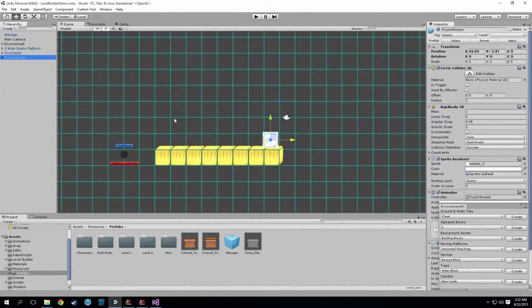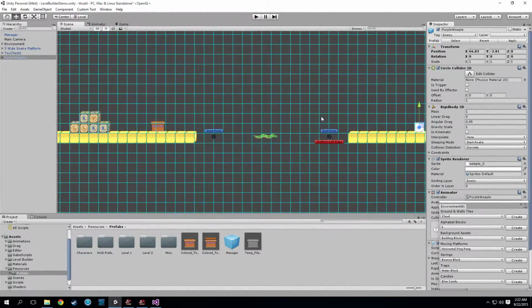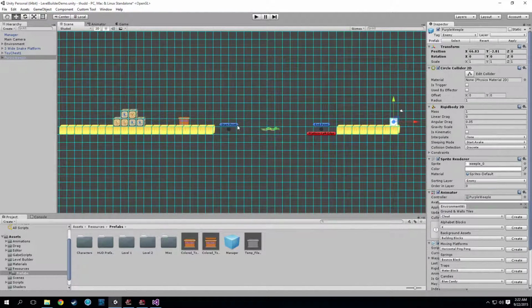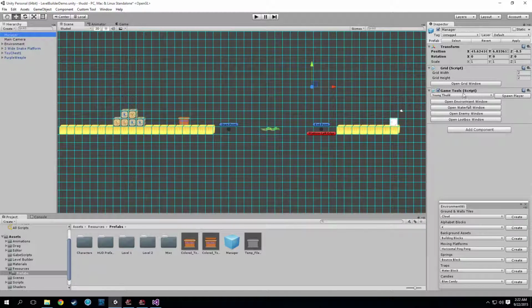Alright, so let's take a look at our level. It's kind of coming together really quickly. That's why we build these tools. So I think it's time to bring in a player. Like I mentioned earlier, we have the adult player and the young player, but we're building a level 1 scene, so I'm going to click the young player, and we're going to spawn him,